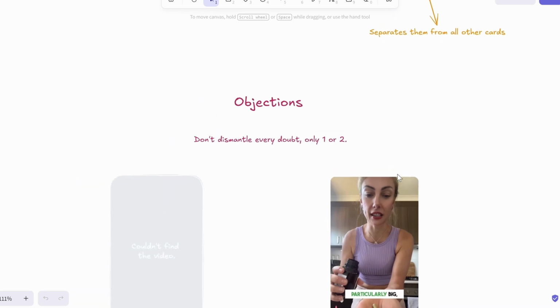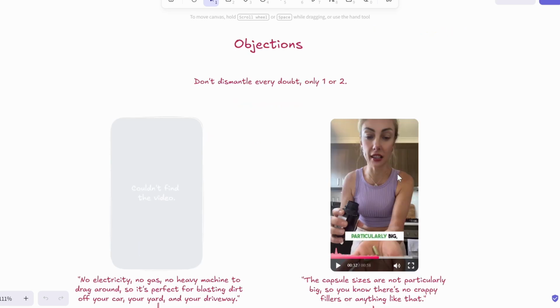And I think that's actually an important finding in itself. In short form ads, you don't need to dismantle every doubt your viewer has. You mostly have to build credibility, intensify desire, and explain your mechanism. Objections can be dismantled elsewhere, such as maybe your product page. But there are always one or two stubborn ones.